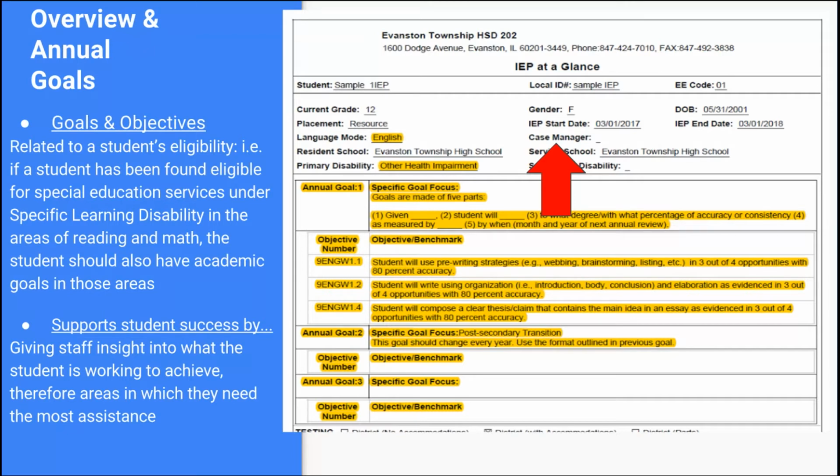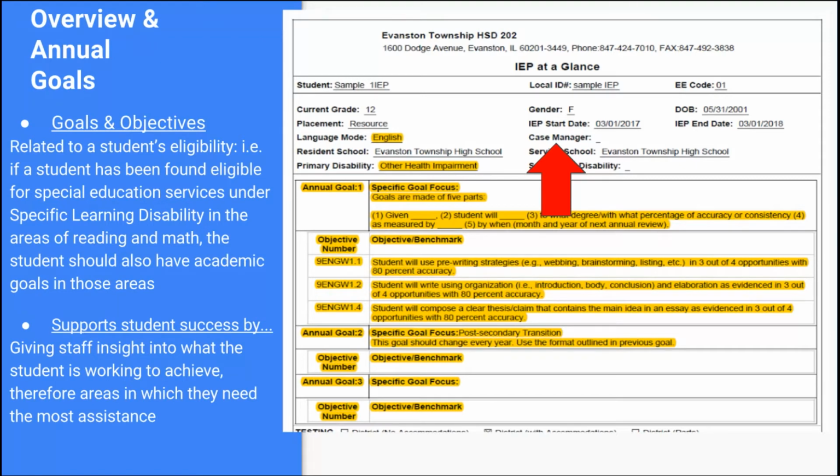Your ability to immediately access this reference allows you to know which accommodations you need to provide as you are planning for instruction and assessment. If you are unsure how to provide a specific accommodation as it is written, please email or call the case manager for consultation. Together, you should be able to interpret and implement the accommodation. The student's case manager is listed on the first page of this document, as noted by the red arrow on the screen. Another source of consultation could be the previous year's content teacher in your discipline.